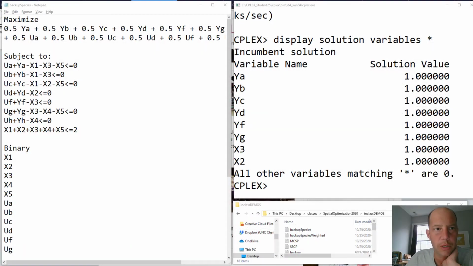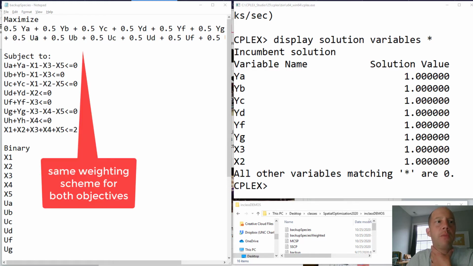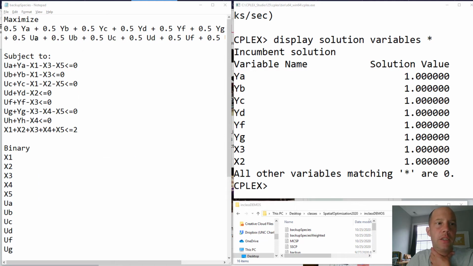Okay, I'm going to show now a small example here. In Notepad I have prepared the LP file. So the decision variable y sub a would be equal to 1 if species A is in the system and 0 otherwise, and likewise for the other species. U sub A would be equal to 1 if species A is represented at least 2 times. The problem with this model is that it doesn't really keep track of whether a species is represented 3 times, 4 times,